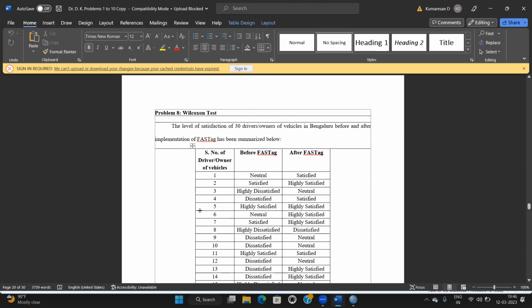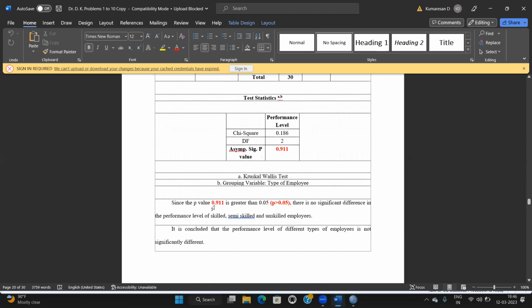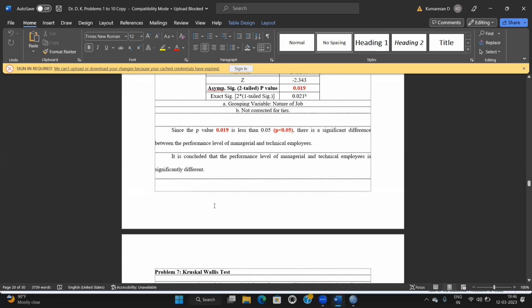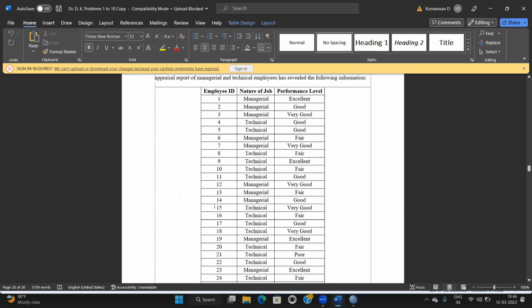So one sample is there, no differentiation, no categorization, all are considered as one sample, but the data are obtained for two different periods. Earlier, in the case of the paired samples t-test,